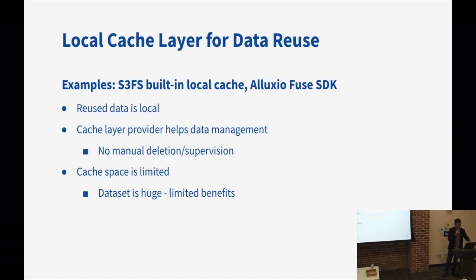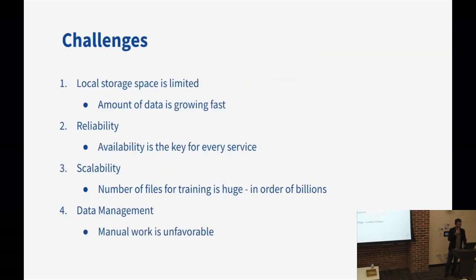So here's the S3 FS building local cache. I know you are a student in this major, so maybe you can take a try. It's very easy to set up. If you are using some data from S3, you can just set up this one by using the S3 client or using the S3 FS. We can mount a local disk as your cache, and you can map the data from a remote S3, just something like a local folder. Both S3 FS and the Alluxio FS SDK provide the same feature. But again, the capacity will be very limited.